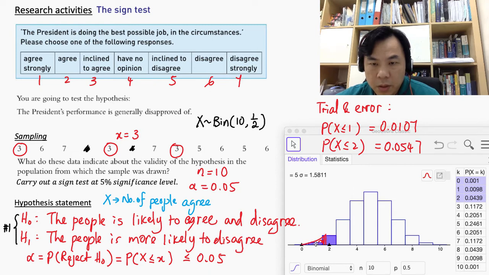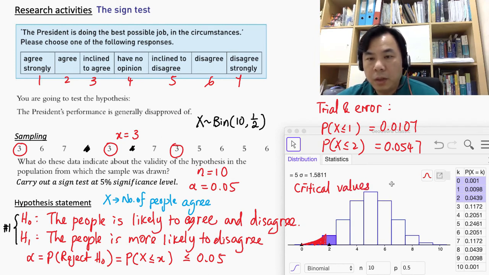This part will be the rejection zone, but the value of 2 is already outside of the rejection region. Therefore, at this point, you can conclude that the critical value, because this is discrete, so we use critical value or critical region,